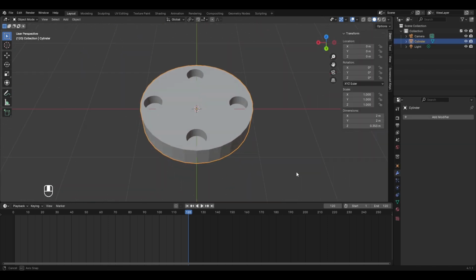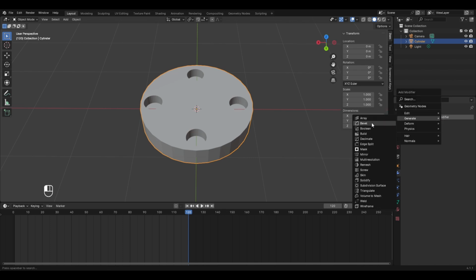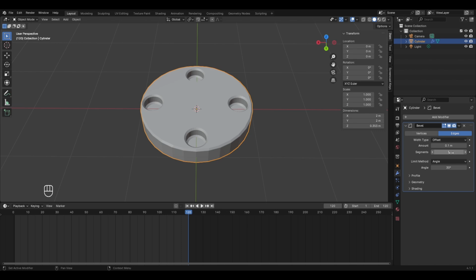Now to give it a better and a realistic look, we'll apply the bevel modifier. So go to the modifier properties, click on add modifier, and in the generate, you will find the bevel modifier. So I'll select this. Let's change the number of segments to a high value like 3 or maybe 4, and